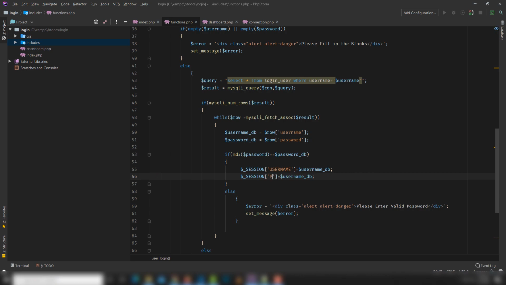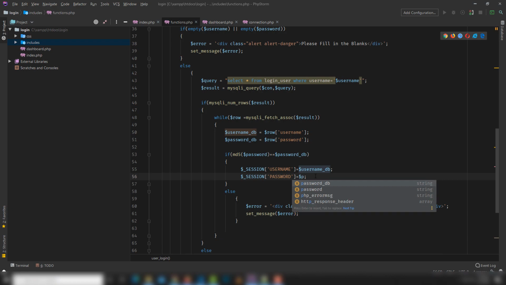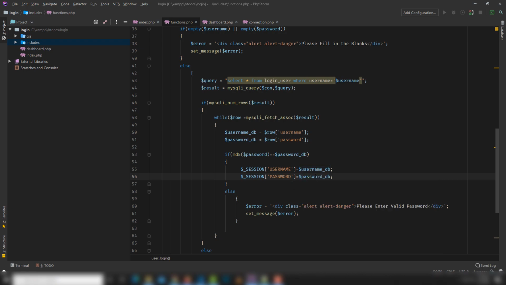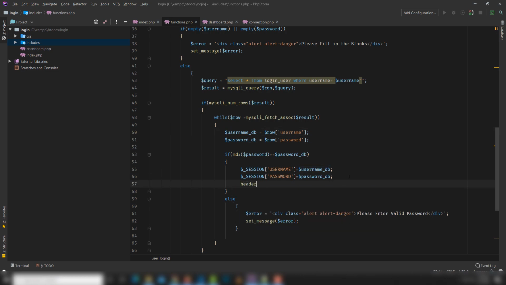password and store the password inside my session variable. Which password? Database password, right? This one variable, those values coming from database, right? Then I call header function and call location index, not index, dashboard.php. If everything is perfect, then we will redirect with session